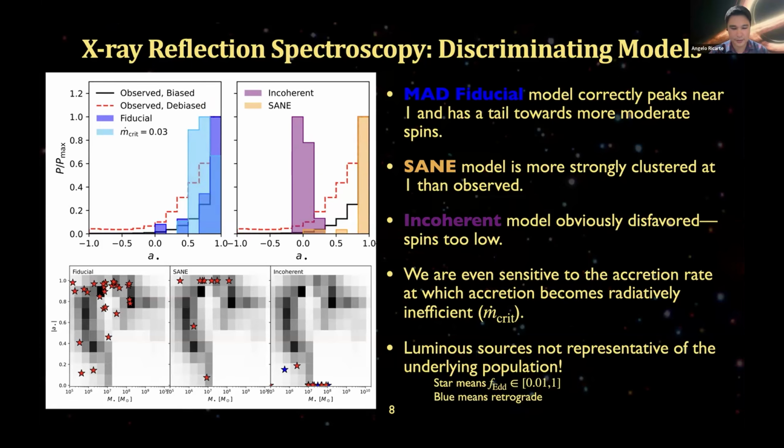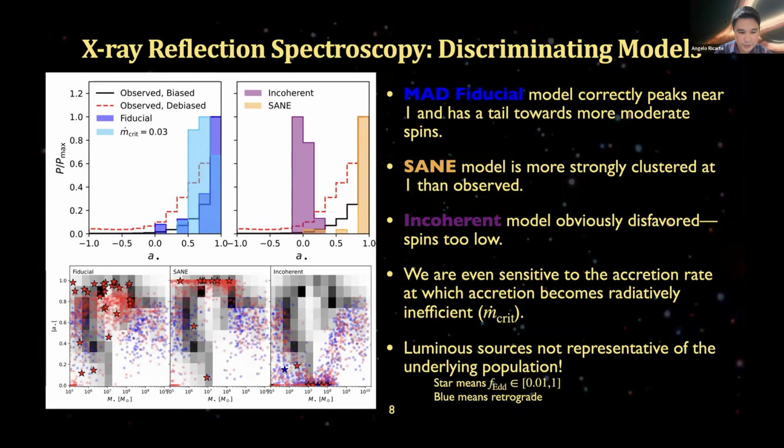But my statistics here are not great, and part of the reason is that I selected for the rare high accretors. If you look at the population as a whole, which I'm now going to add as these circles, they fill out much more, and you'll now see that some of these points are blue instead of red. In my encoding, that means that they're actually retrograde. And it turns out that the act of accreting is turning what would normally be retrograde, or what started off as retrograde objects in the simulations, into prograde systems once they start accreting efficiently and becoming an object that you might select from X-ray reflection techniques, meaning that this is an astrophysical selection effect.